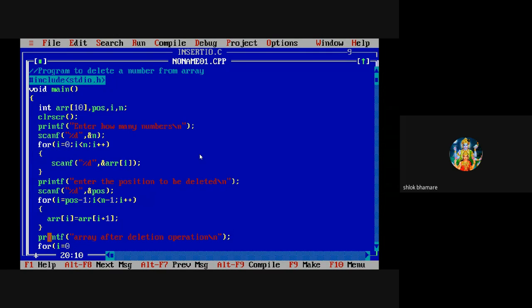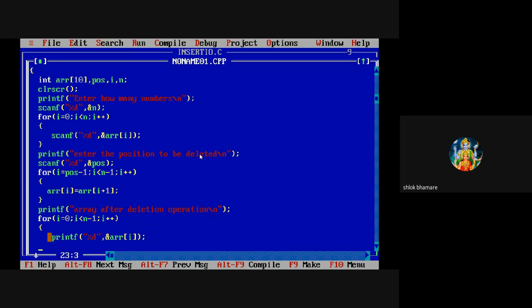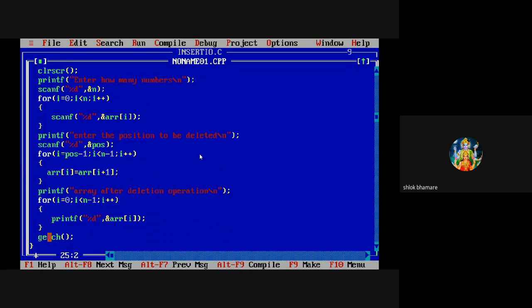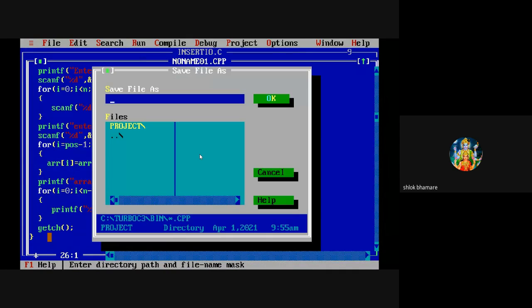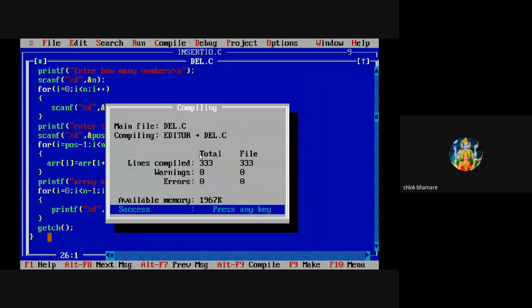For I is equal to 0, I is less than n minus 1, I plus plus. How many numbers in array?